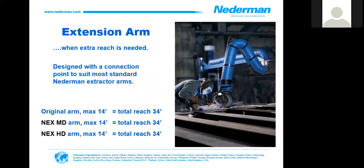I talked about extension booms. With my 2 extension booms, I have a 14 and a 20 in 8-inch with a flexible and hard duct kit. This enables me to get 34 feet out, or actually 44 feet in some, no, 34 feet. My mistake. In some instances, let's say we have a large facility where we have overhead crane work and